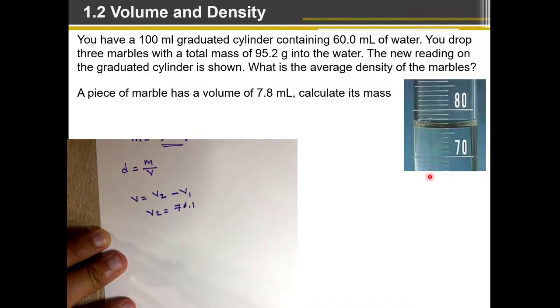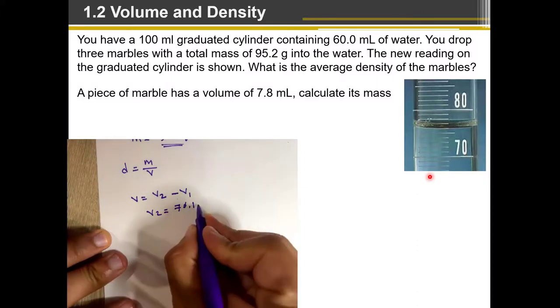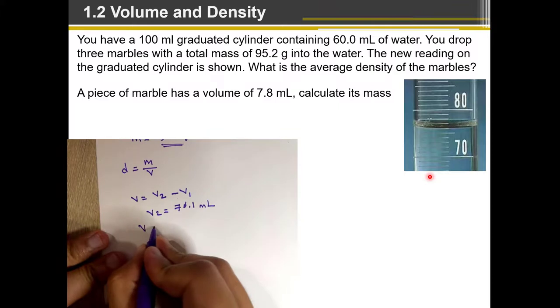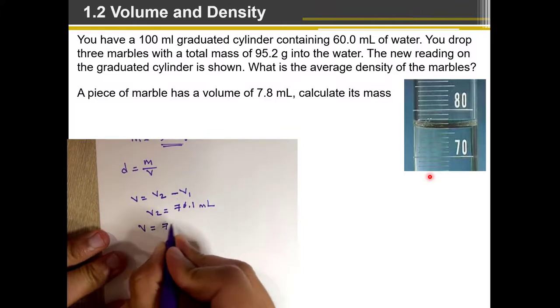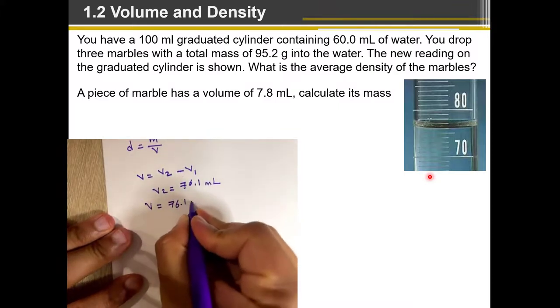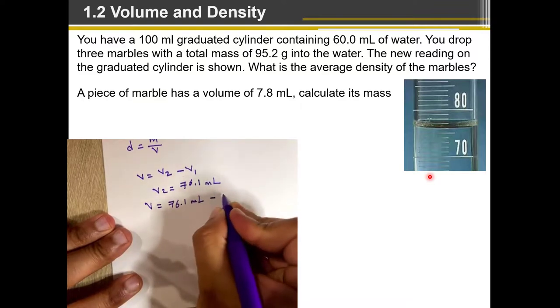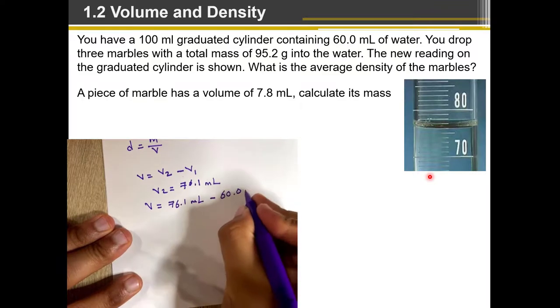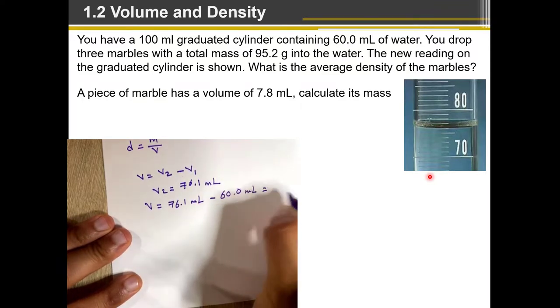You cannot estimate any further, and it doesn't make any sense to put effort into estimating any further, because it's not going to be accurate at all. So you have to stop at the first uncertain number in your estimation. So the volume of the marbles is going to be equal to 76.1 milliliters minus the initial volume, which was 60.0 milliliters,